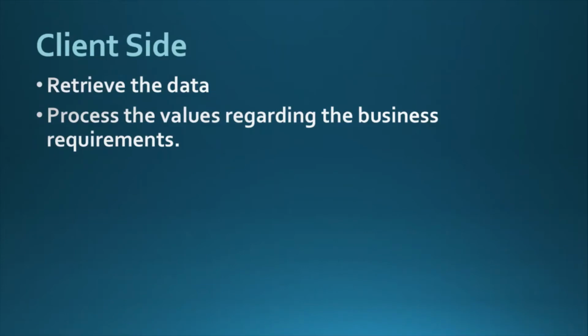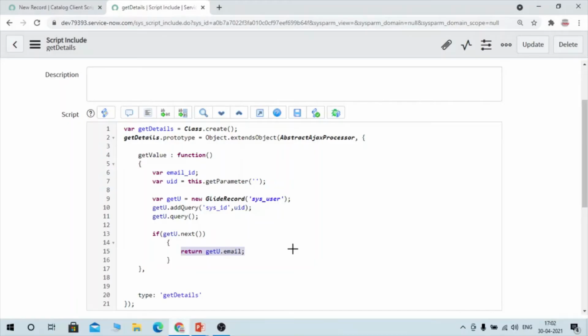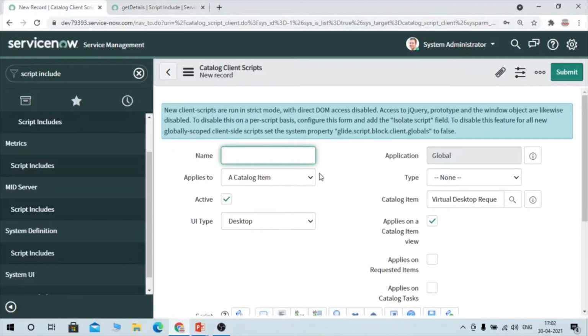So now, client side, what do we have to do? Now you have returned the data from the server side. Now you have to retrieve the data, right? And then you have to process the value regarding the business requirement. So let's create it. Here you can give get data or anything as the name, and it will be applicable to catalog item.